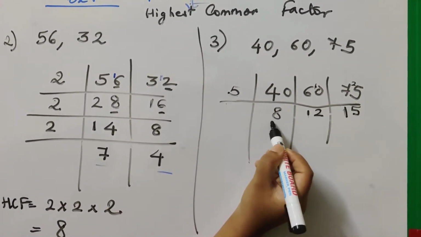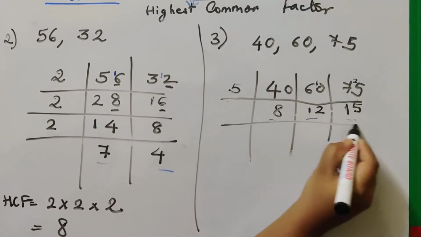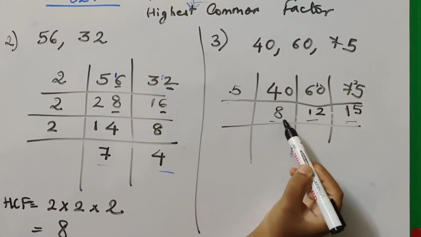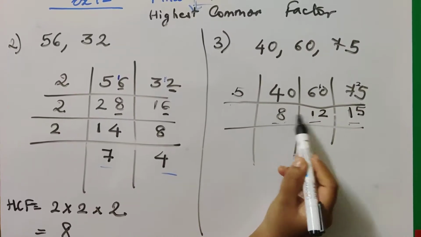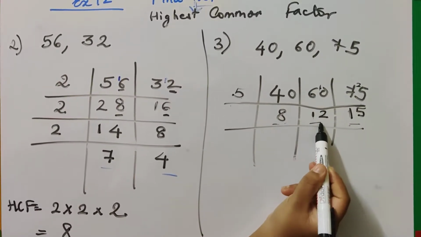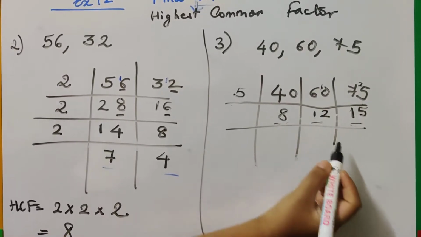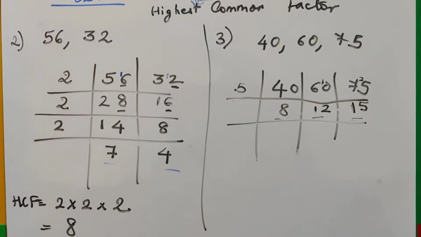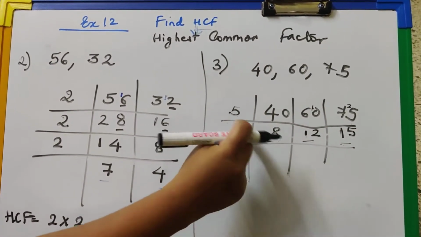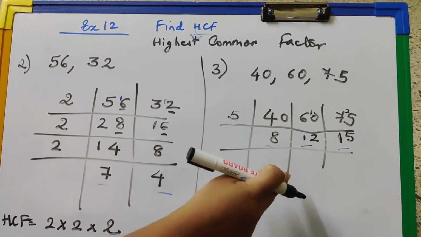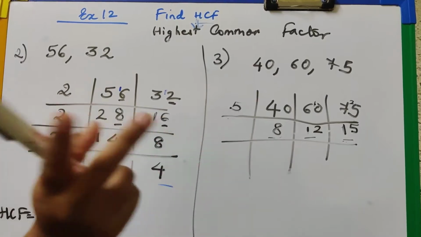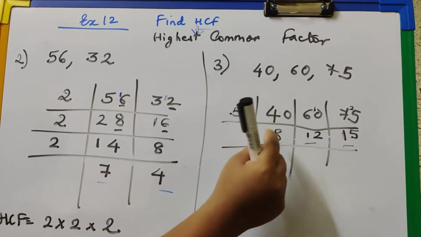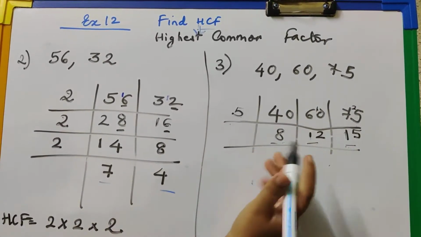Now find a table that divides all these three numbers again. You might say 3, but 3 goes into 12 and 15, or 3 divides 12 and 15, but 3 doesn't divide 8. So there is no table that can divide all three. Or 2 divides 8 and 12, but doesn't divide 15. So you stop here. There is no other number that can divide the three numbers together. Remember that even if two numbers are getting divided by one number, you cannot take that number. It has to divide all three. So therefore, what is the HCF of these sums?